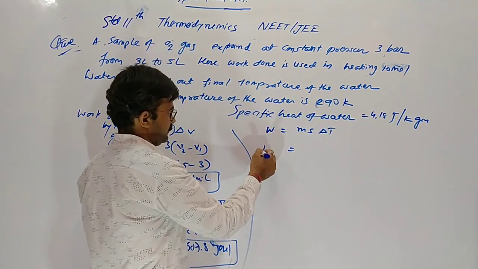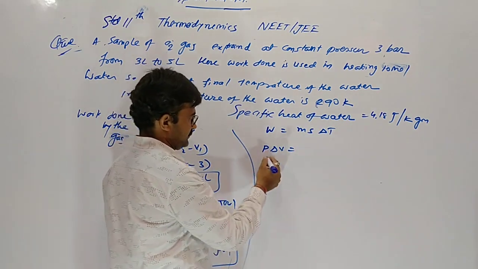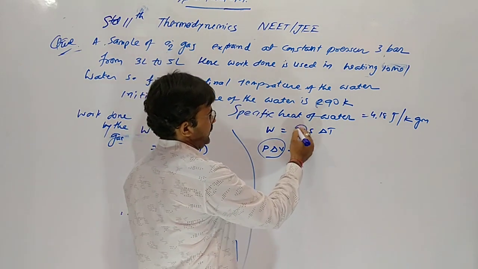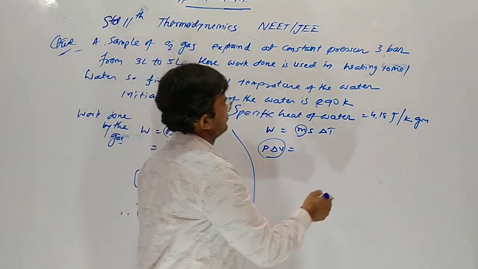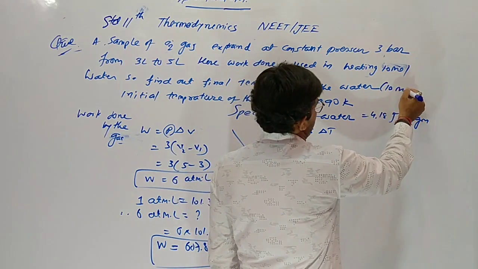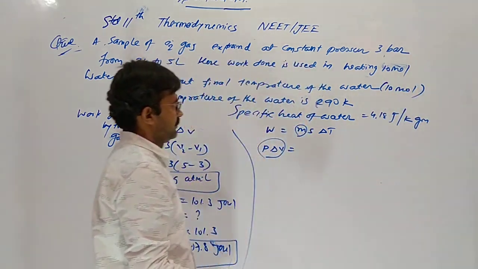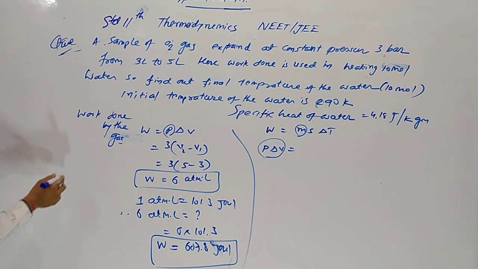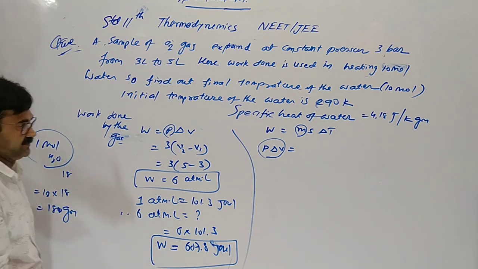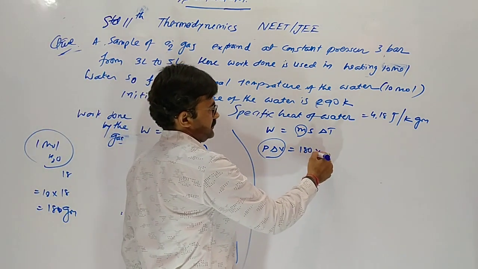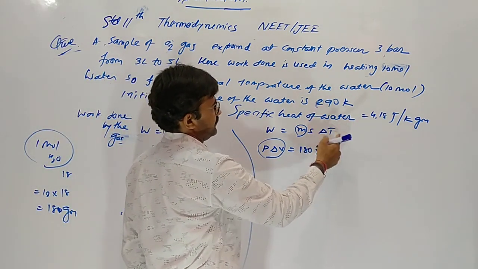Yes, W P into delta V. We derived M is mass, 10 mol of water. We are writing 1 mol water equal to 18 gram. So 10 mol equal to 180 gram mass of the water. Specific heat is given